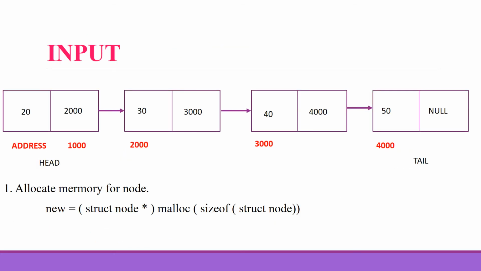Let us take one example. First, we will create a list with 4 elements. For every node, we have to take the node and then insert it. For every node, we have to allocate the memory dynamically, which overcomes the drawback of an array. In the 3 insertion cases, first we have to allocate the memory for the node and then read the values. This is the common statement for the 3 cases: new = (struct node *)malloc(sizeof(struct node));